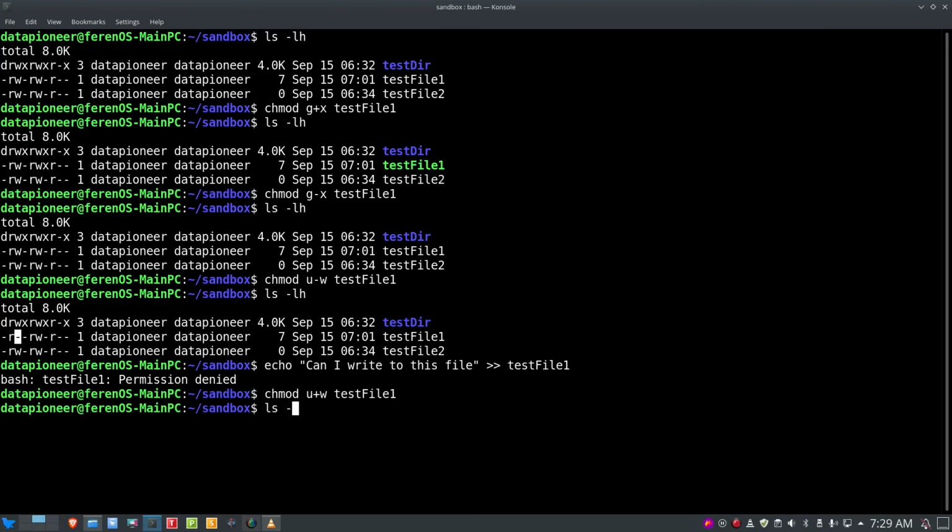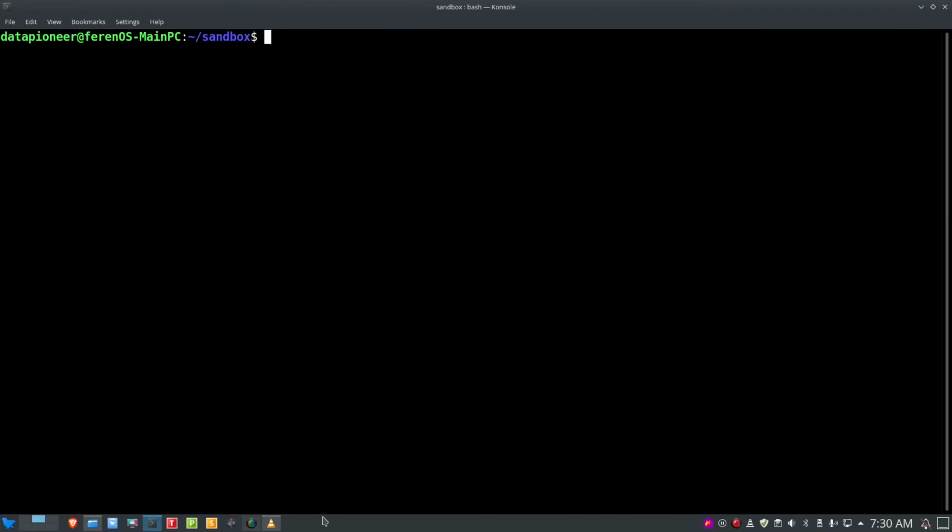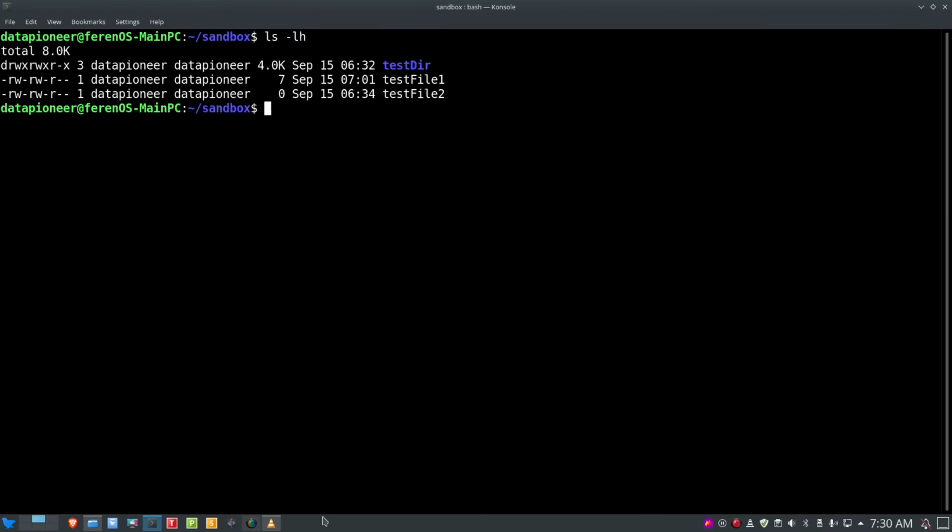So now if I do a listing again, I can see that the write capability has been returned as permission for that particular user owner, data pioneer, for that particular file, test file 1. All right. And so now if I clear the screen here, and run a listing one more time, and if I now rerun the echo,